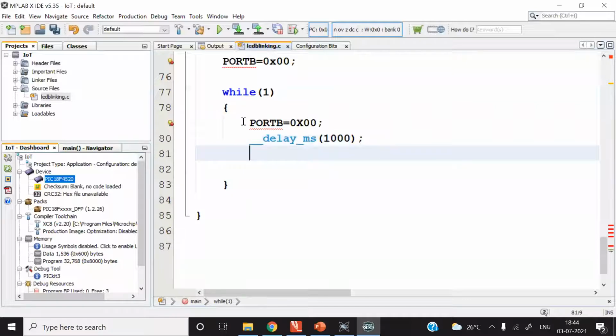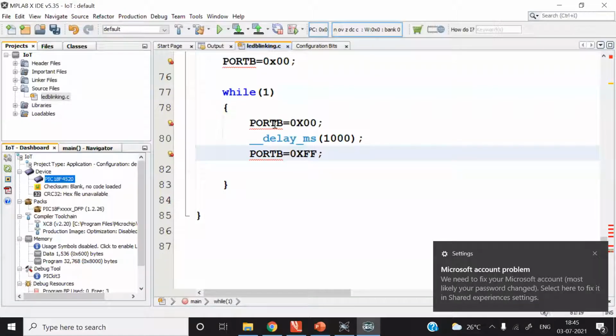After that, make all pins of port B logic 1. So you write port B is equal to 0xFF. If you look at the instruction, port B is equal to 0x00. The meaning of 0x is that whatever data you enter after x will be accepted in hex.